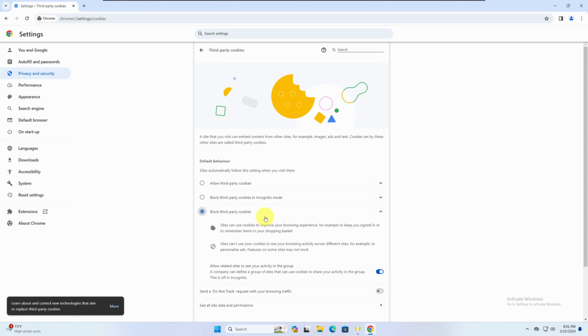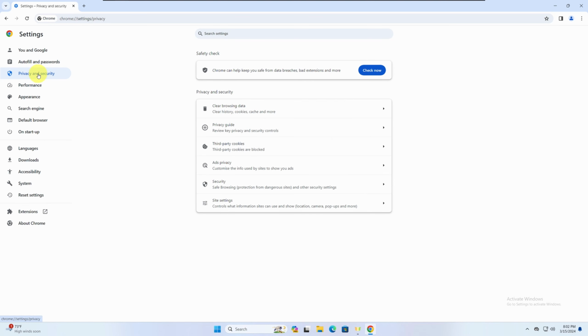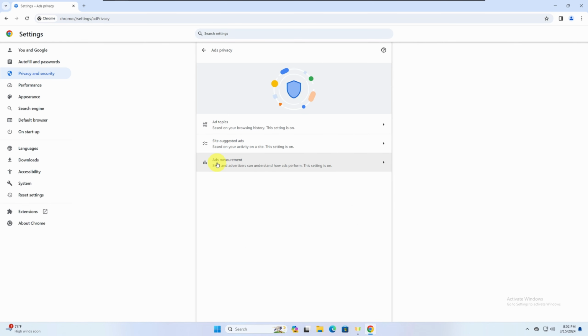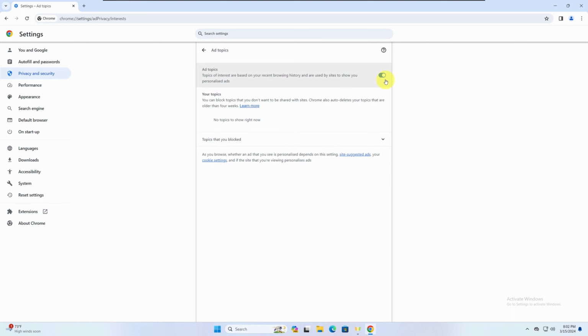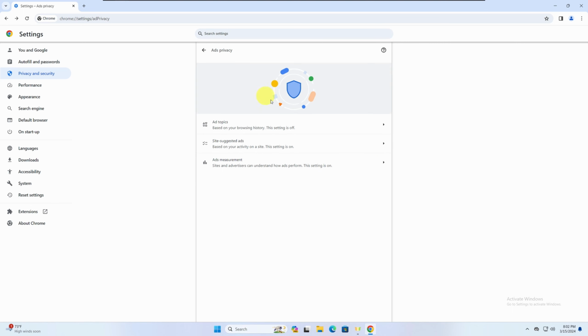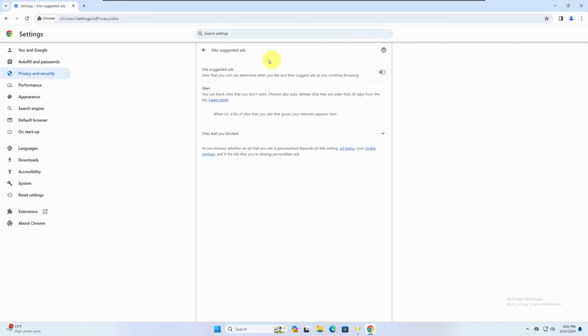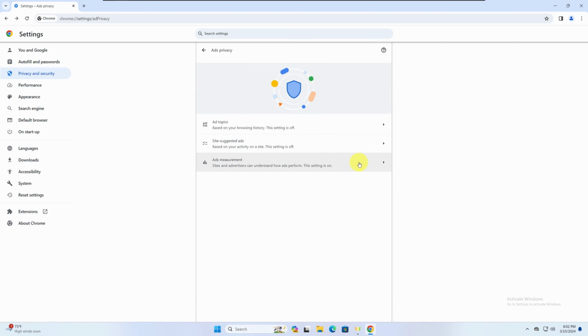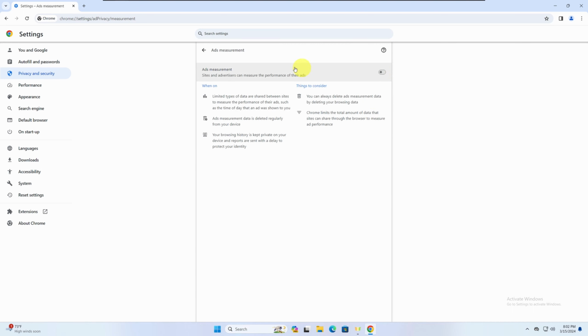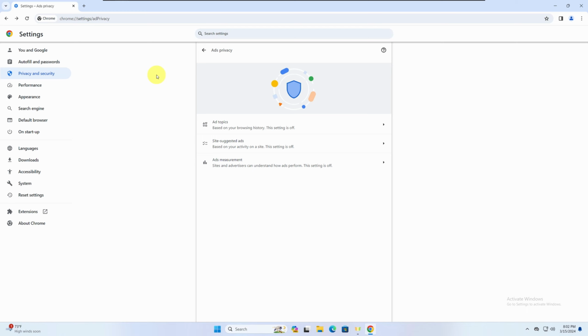Moving on, you should take control over the ads that are shown to you in Chrome. First, head over to Settings. Then Privacy and Security. Then Ads Privacy. I highly recommend you disable ad topics, site suggested ads, and ads measurement. Google will try to tailor the ads you see based on your history and search behavior, so disabling these increases